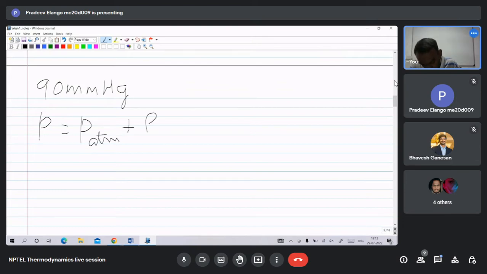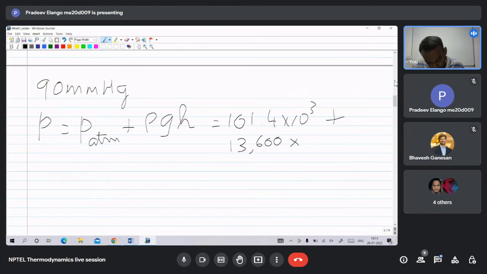Now the atmospheric pressure can be given by 101.4 into 10 power 3, writing in Pascal, and then we have rho gh. Rho gh is 13,600 into 9.81 into height,